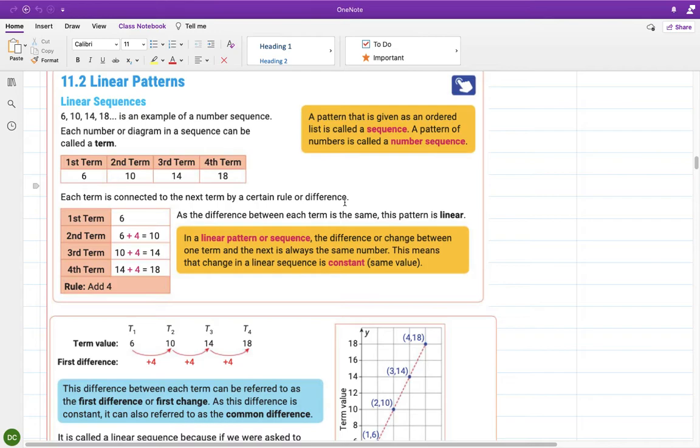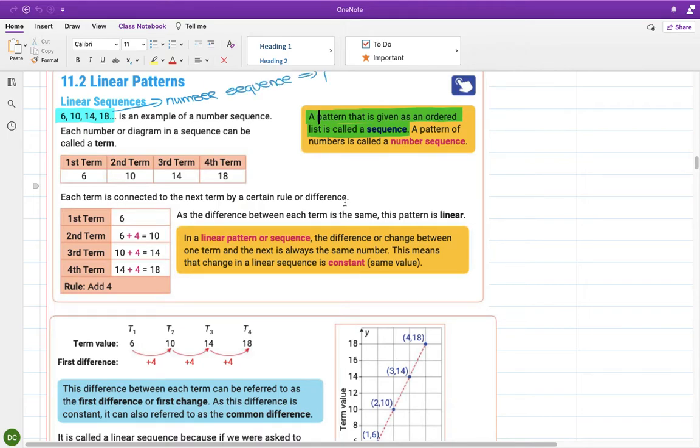A pattern that is given as an ordered list is called a sequence. Can you see that over there? Actually, that wasn't the best choice of colour, was it? Try this one. Yeah, it's a bit better. So a pattern that is given as an ordered list is called a sequence. And if it's a pattern of numbers, it's called a number sequence. So when they give it in a list like this one over here, then you have a number sequence, okay? So that there is a number sequence,